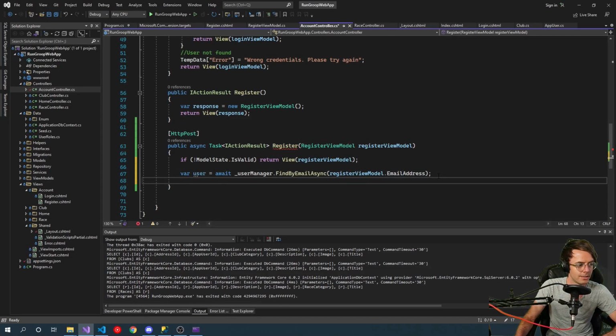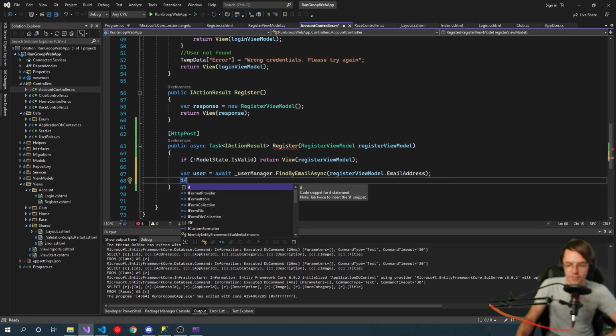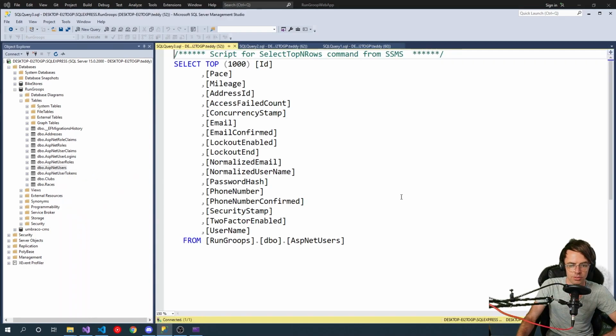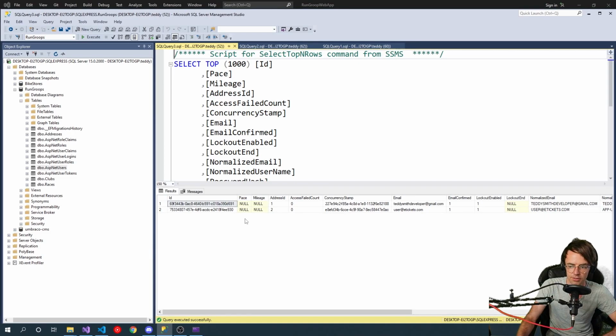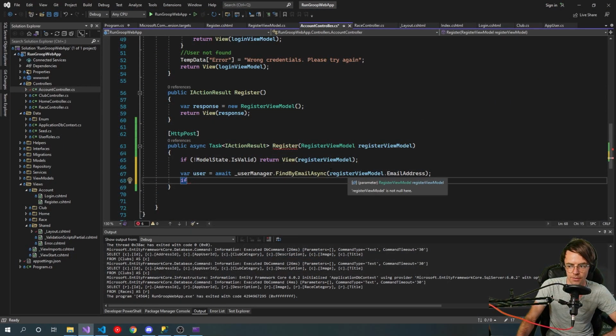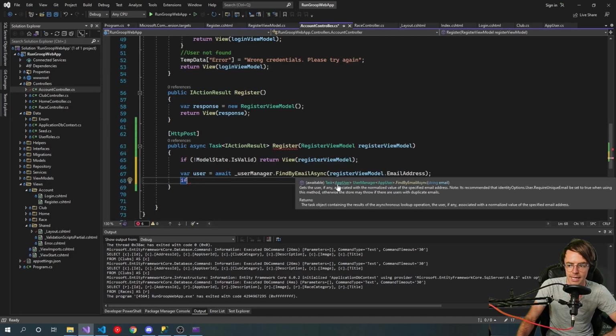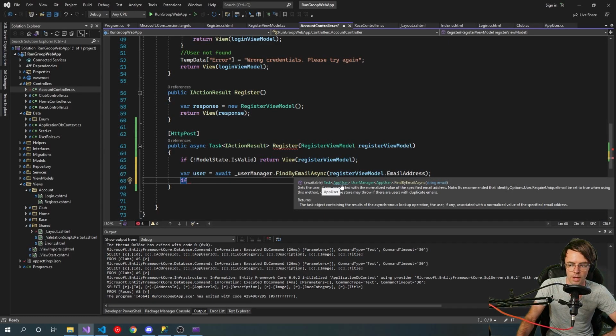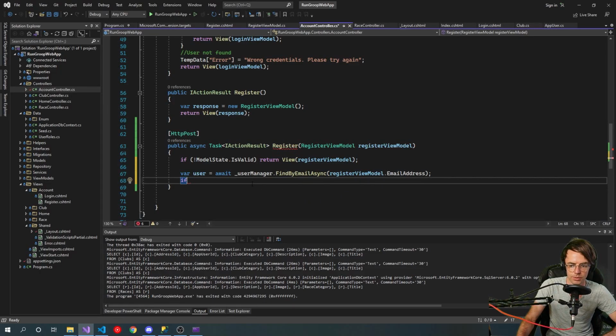So what this FindByEmailAsync is going to do is go out to our database. It's going to check in our ASP.NET users. You don't need to actually do any of this, I'm just kind of showing you. It's going to check this table, and it's going to try to get this email. If it does have the email, it's going to return an app user. And you can tell what it's going to return by once again hovering over it. So if this is successful, this is what it's going to return. And if we have a user,